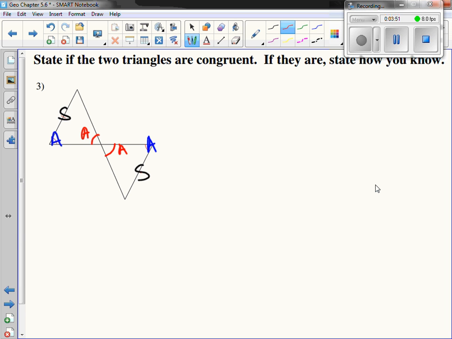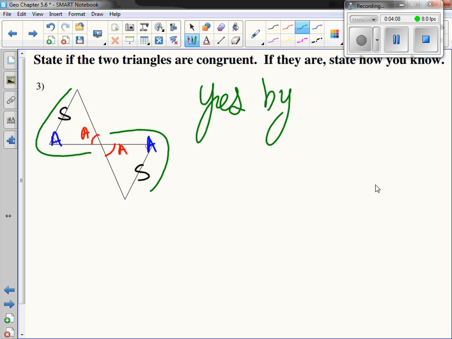Vertical angles are congruent. So what do I have? I have side, angle, angle. Here I have side, angle, angle. So yes, by